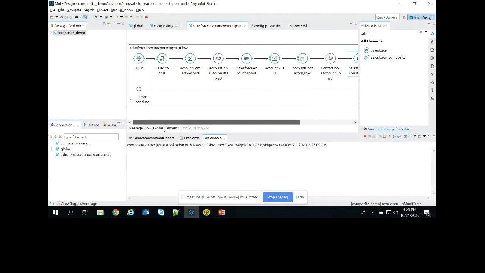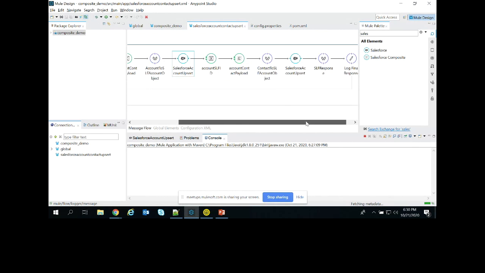First of all, the flow is a different one. There are so many things that I have to do in the flow. I have to create the account request, and then I have to upsert to Salesforce using the Salesforce connector, the basic authentication and all. Then again we are grabbing the response for the account and putting the ID into the contact request, and again I have to call Salesforce. So let me hit that in SoapUI.